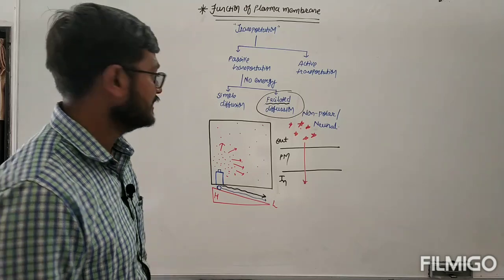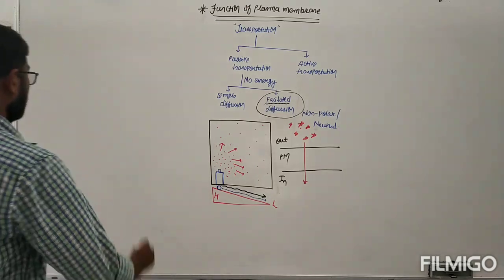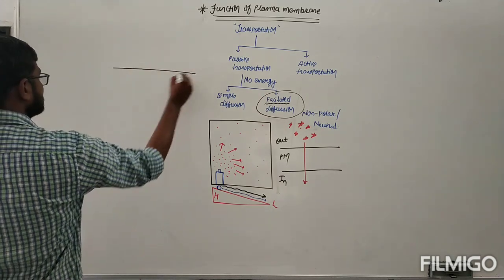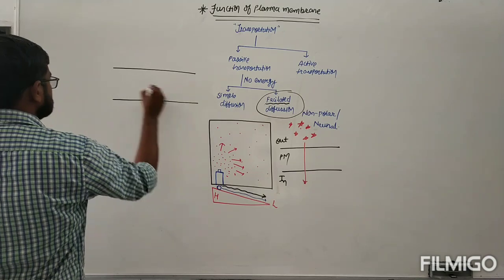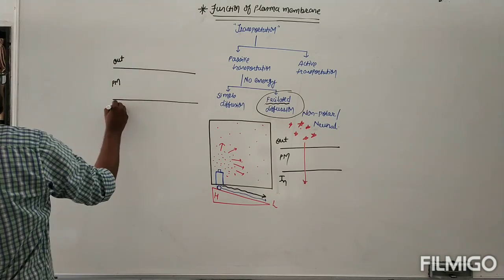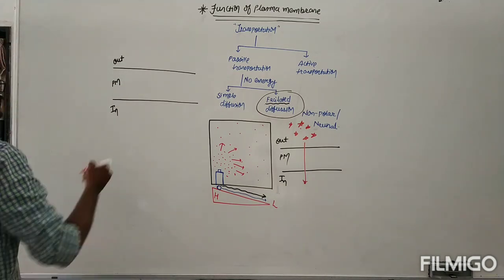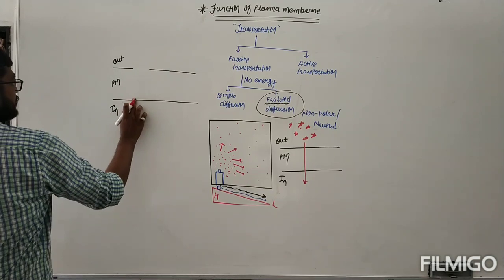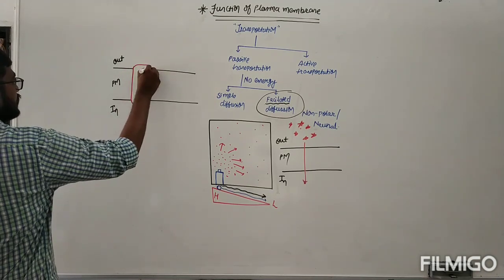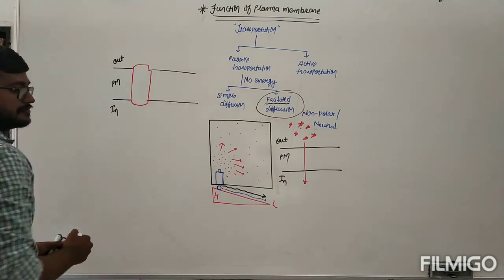What kind of facility is there? Look carefully, I am explaining over here how the facility is provided. Let's take an example. This is the plasma membrane. This is the outer phase of the plasma membrane and this is the inner phase of the plasma membrane. Inside the plasma membrane, you can see there is a location of integral proteins. This is an integral protein.